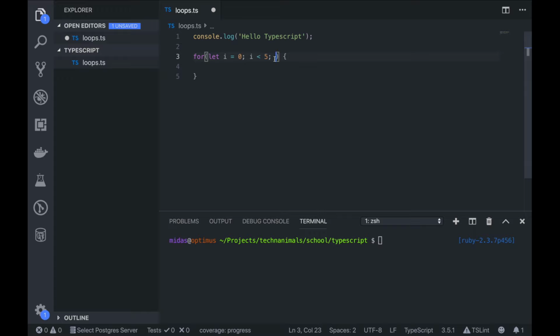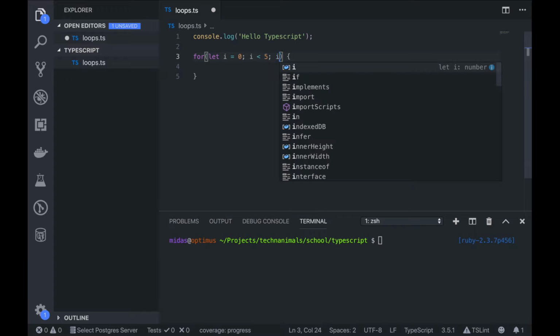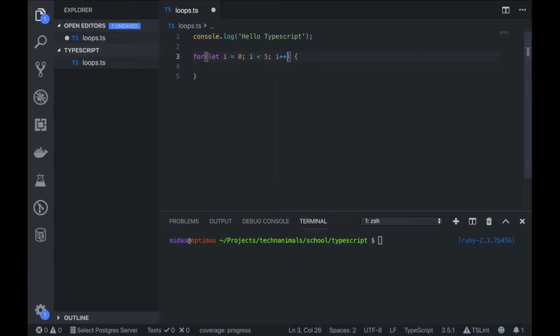To do that, I'll show you something new here, which is the i++. So this essentially means that this is the same as if I go i = i + 1. To understand what's happening here, we have i as 0. So this will start off and run for the first time when i is 0, and then it will come back the second time, and it will